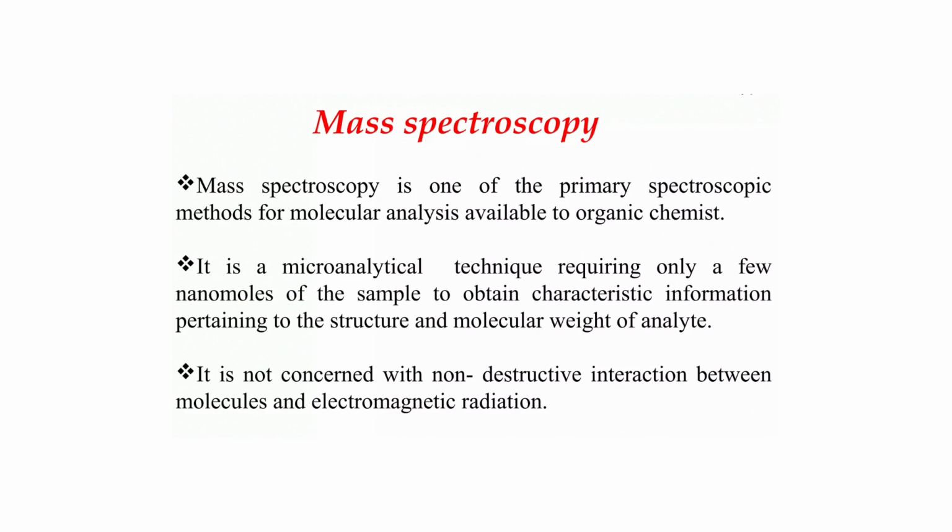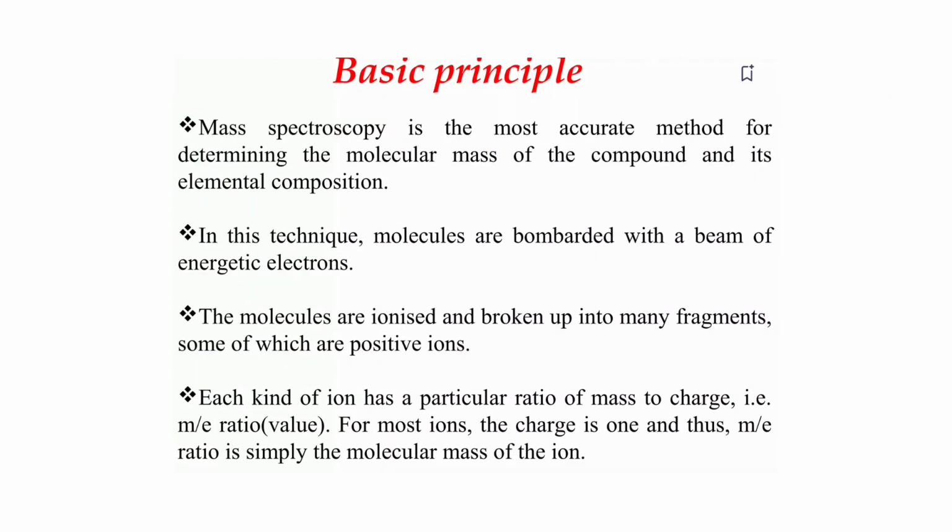Let's now learn about mass spectroscopy. Mass spectroscopy is one of the primary spectroscopic methods for molecular analysis available to an organic chemist. It's a microanalytical technique requiring only a few nanomoles of the sample to obtain characteristic information related to the structure and molecular weight of the analyte. It is not concerned with non-destructive interactions between molecules and electromagnetic radiation. Mass spectroscopy is the most accurate method for determining the molecular mass of the compound and its elemental composition, just